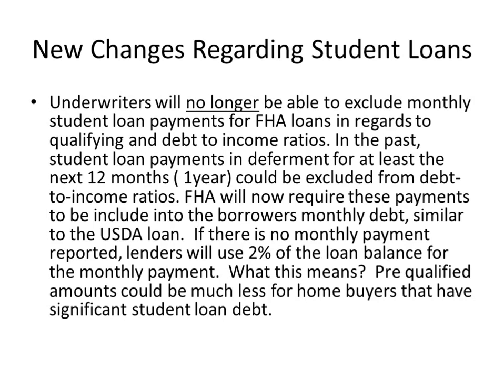FHA has recently changed that rule, and now underwriters will no longer be able to exclude monthly student loan payments in regards to qualifying in debt-to-income ratios. So this is something to take note of. USDA is another government loan, and they have always done this. Now FHA is doing it. So basically, if there is no monthly payment reported for the student loan that's in deferment, lenders will use 2% of the loan balance